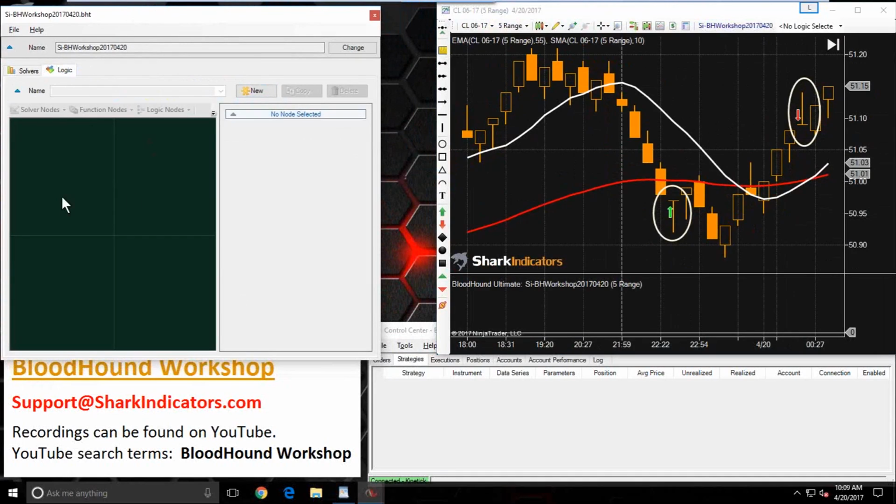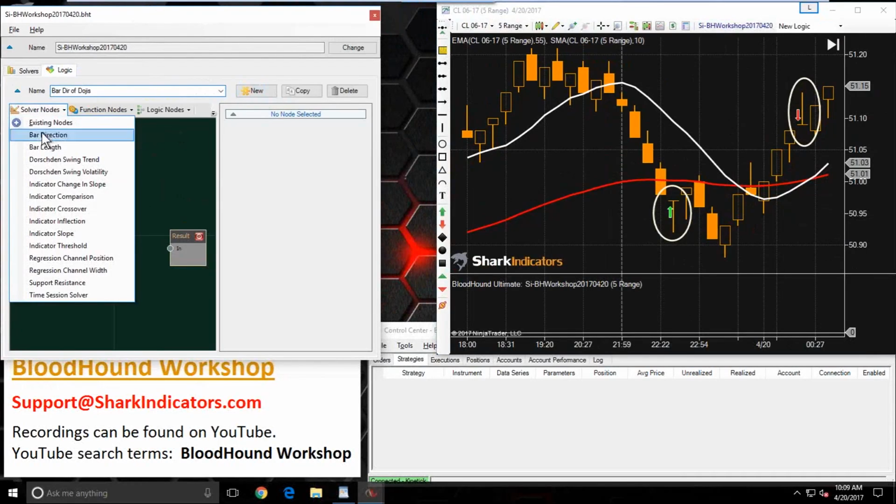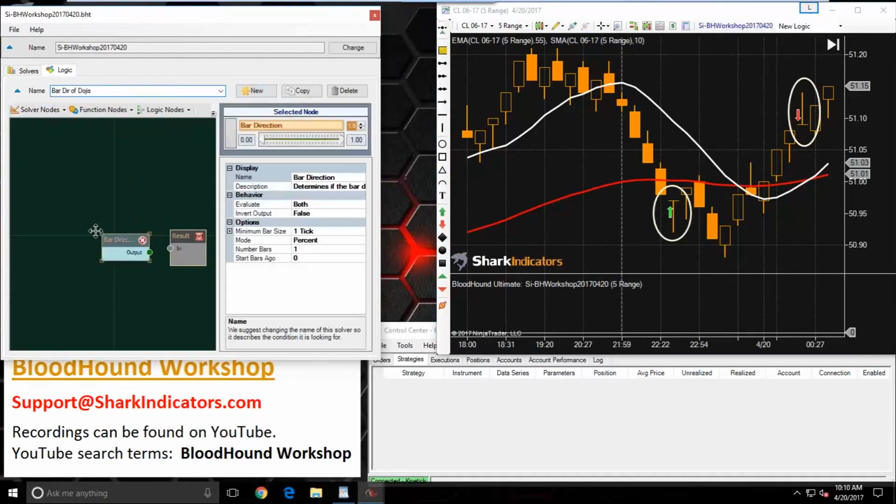So I'm going to start working on the logic board here. Let me just start a new logic template. All right, so we're looking for the bar direction of dojis. So I'm going to grab a bar direction solver, connect that up,